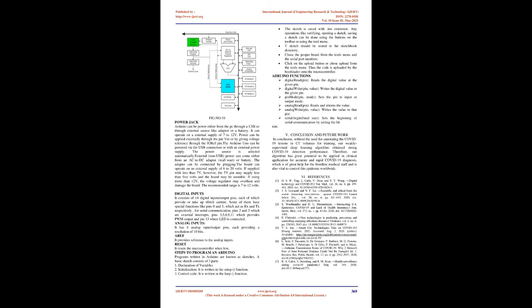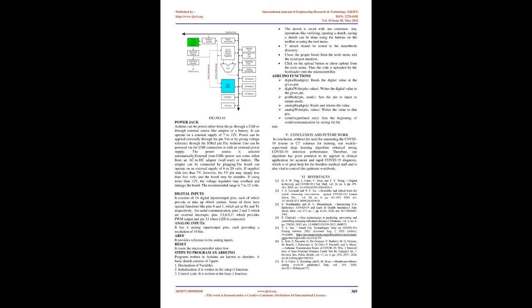The Arduino Uno is a microcontroller board based on the ATmega328. It has 14 digital input/output pins, of which 6 can be used as PWM outputs, 6 analog inputs, a 16 MHz crystal oscillator, a USB connection, a power jack, an ICSP header, and a reset button. It contains everything needed to support the microcontroller. Simply connect it to a computer with a USB cable or power it with an AC to DC adapter or